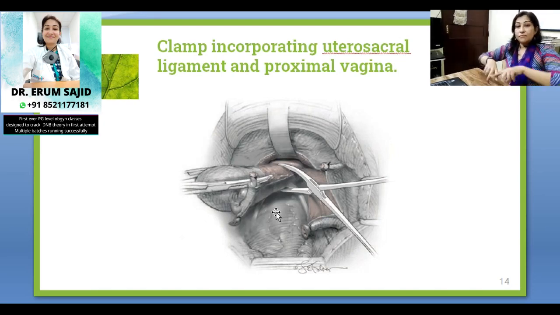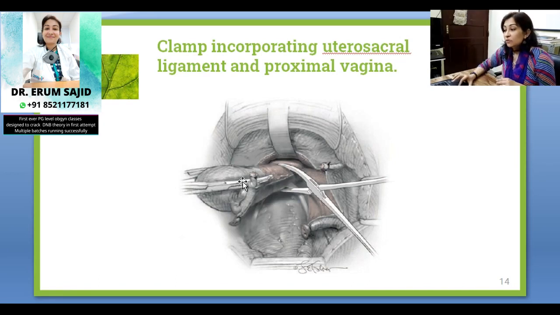So it's like a fan shaped from behind. Okay, so this is what you can see out here. I can show you, this is the uterosacral ligament. It's like a fan shape like this. I won't say it's over here also, but yes, a part of uterosacral ligament is very taut. So once you lift the uterus by these 2 clamps, you have to just lift the uterus. So automatically it gets taut. You can see the borders.